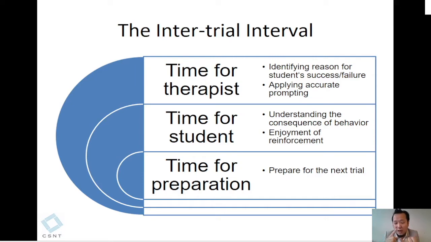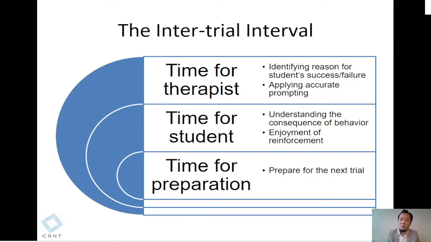It is time that we should be analytical, and we use this time to prepare, and we use this time to have fun. For the therapist, for one thing, we use this time to identify reasons for the student's success or failure. We're trying to think about why he got it right or why he got it wrong. Let's say you gave an instruction to the student and he got an incorrect answer, and he was looking away, at which point I would take this time to think,